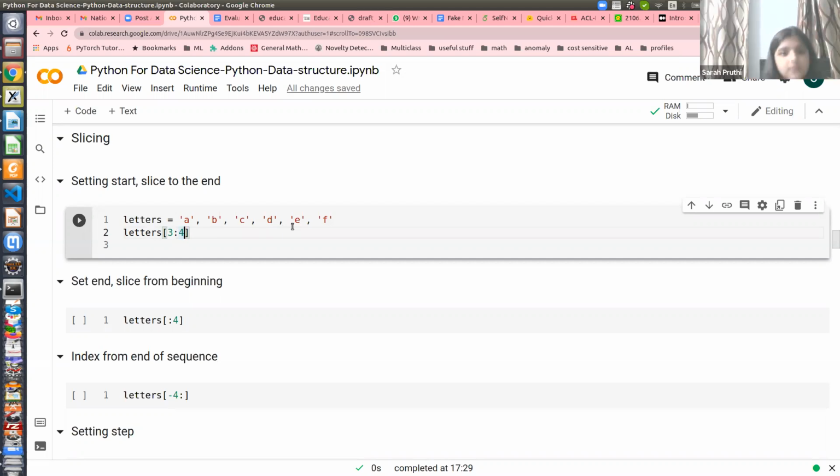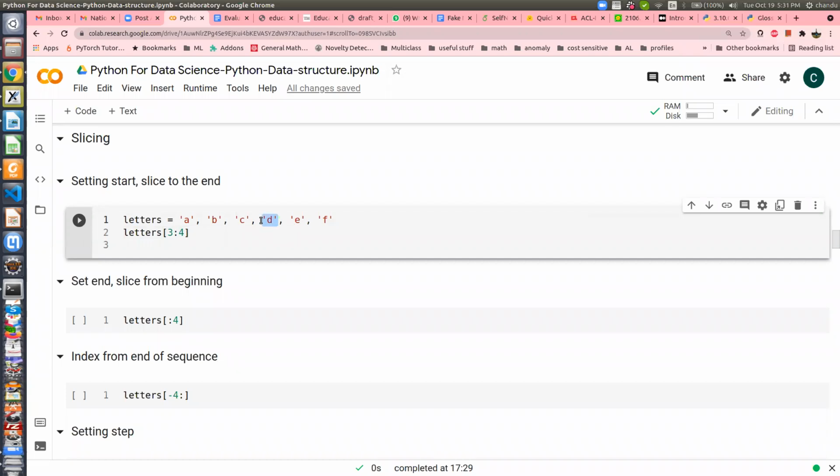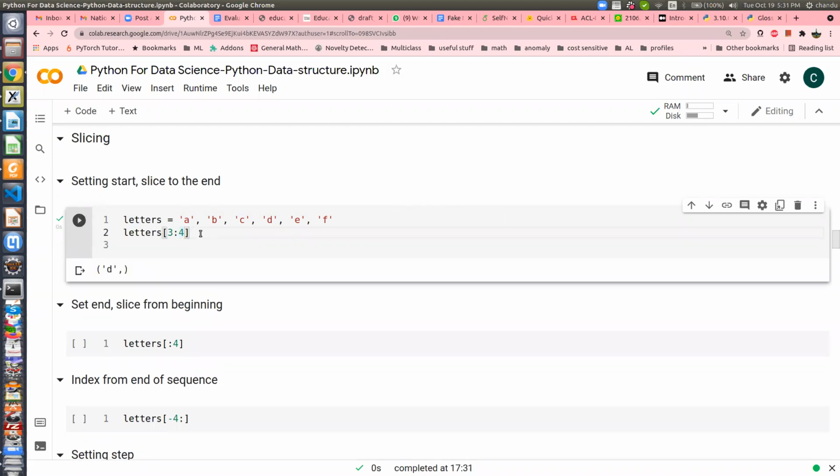D, right? So it will start slicing from D and try to go up to the 4th location, E. But I mentioned the last location is not returned. So it will return just one letter, D. That's it.